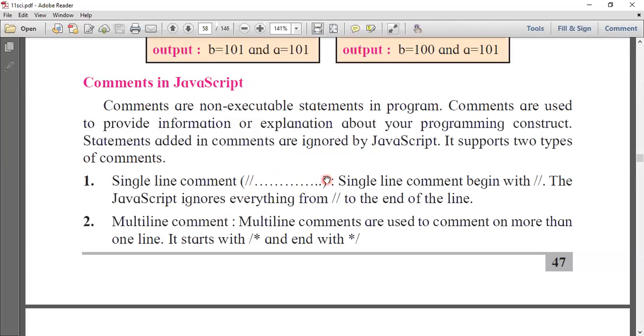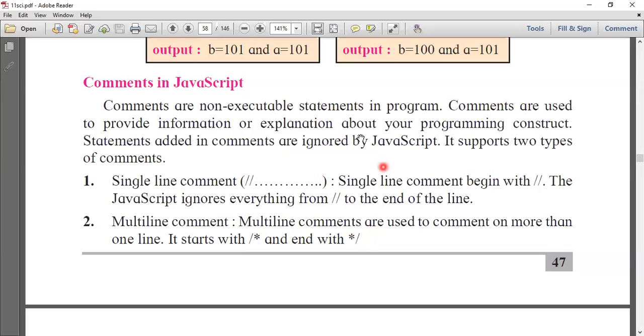Suppose you want to block part of the code, a number of sentences; then a multi-line comment can be used. How do we write a multi-line comment? Just by slash star, and it should end with star slash.